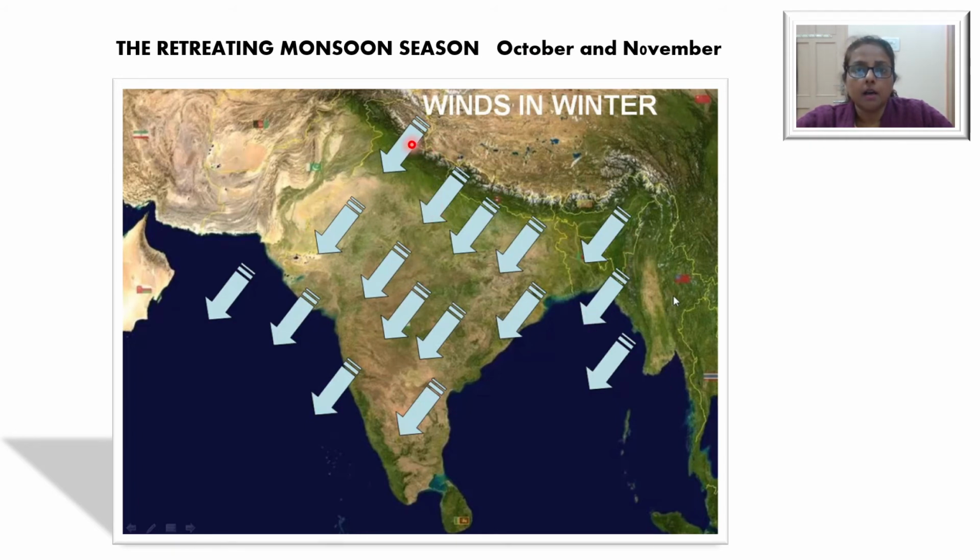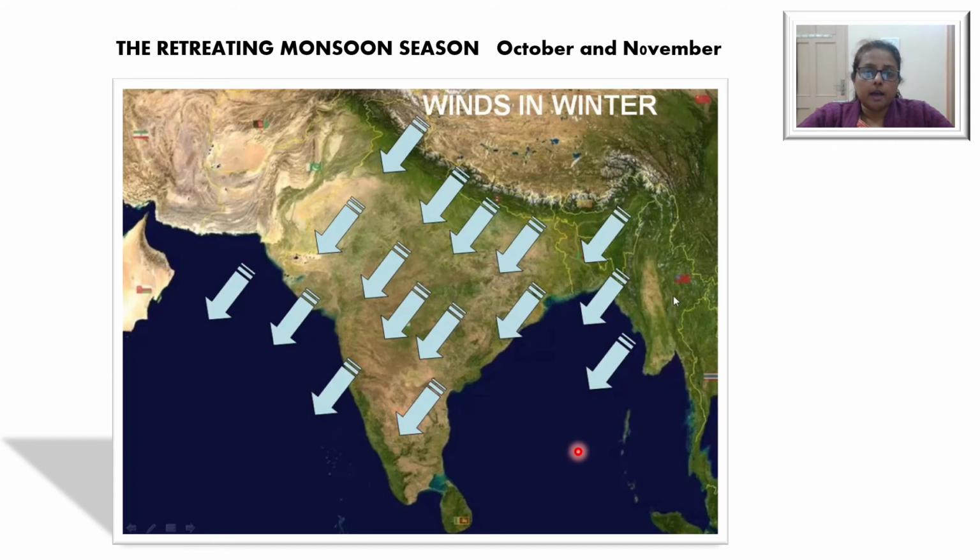Here you can see how the winds are now moving towards the water bodies. So, during this time, it is a transition period where the winds begin to withdraw from the land and move towards the sea. After 21st of June, the apparent movement of the sun starts to move southwards, and the movement of the sun